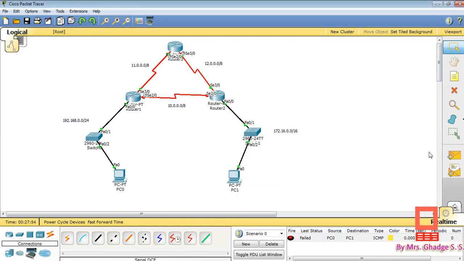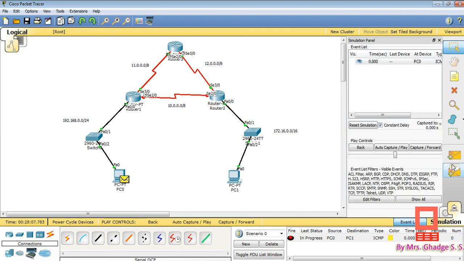Okay, then you can see how the communication occurs from PC0 to PC1.